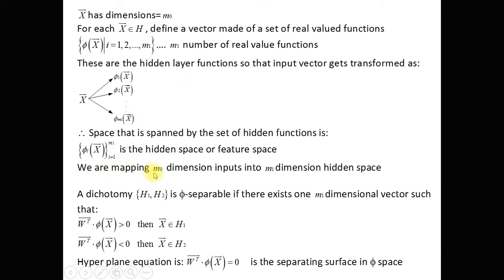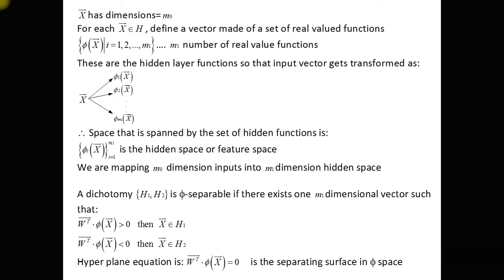Okay, so we are mapping m0 dimension inputs to m1 dimension hidden space. A dichotomy h1, h2 is phi separable if there exists an m1 dimensional vector w such that, for the weight multiplied by that particular value, if it is greater than 0, it belongs to, let us say, h1. If it is less than 0, it belongs to h2,